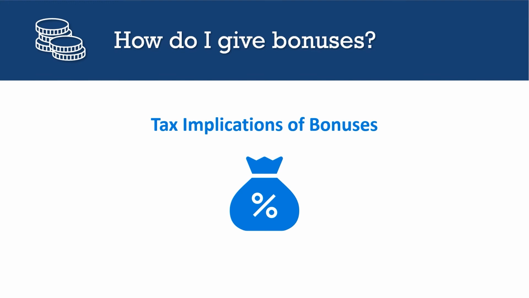Another way is to combine their bonus with their regular pay. In this instance, you can treat the combined amount as if it were one payment and calculate the payroll taxes the same as you would for regular pay. A $1,000 bonus plus $1,200 paycheck equals $2,200 combined payment. Then calculate their payroll taxes as you normally would using the $2,200. In this instance, the payroll taxes on the combined payment would be